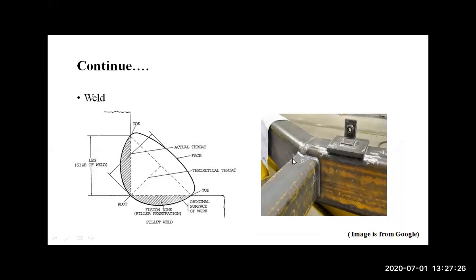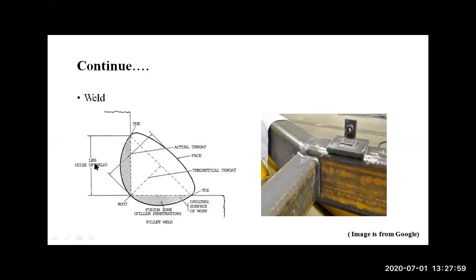Now if you see this picture, see these two members perpendicular to each other, and this vertical edge is the welded edge. Means all around this particular member we have done welding. So we have enlarged this image here. This vertical is this element, and this horizontal is this element. So we have to weld these two elements.